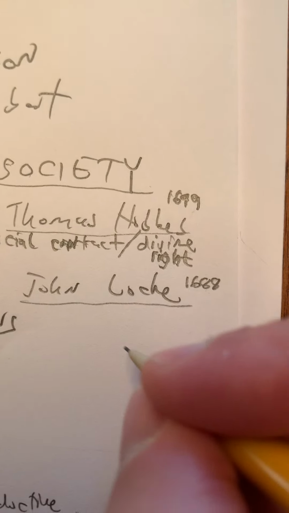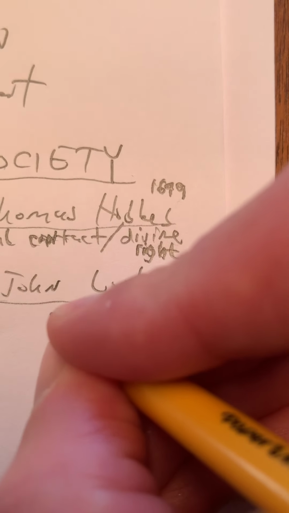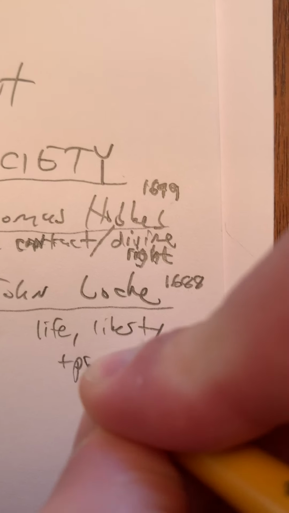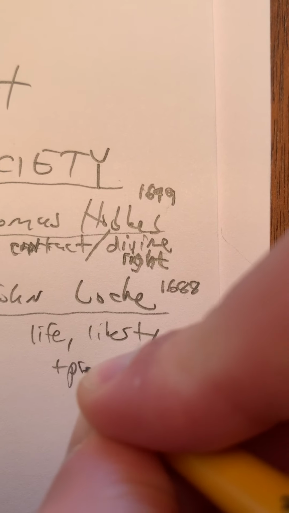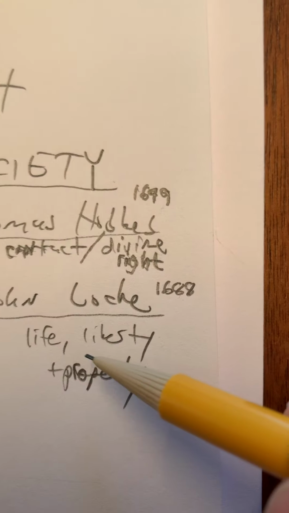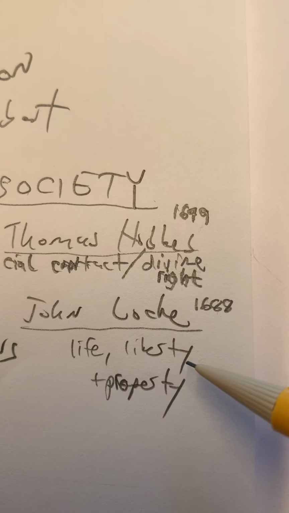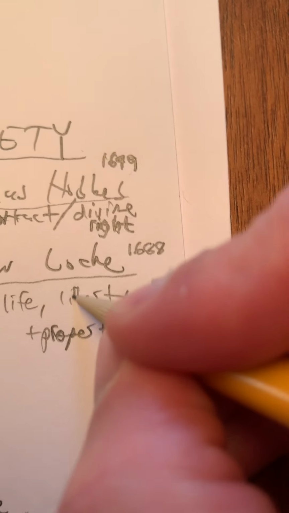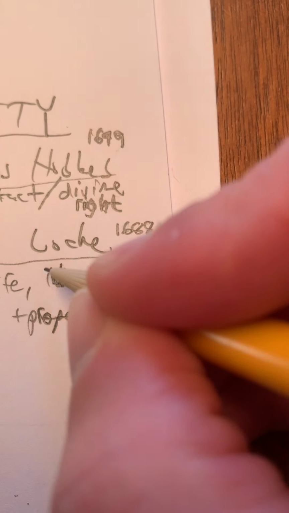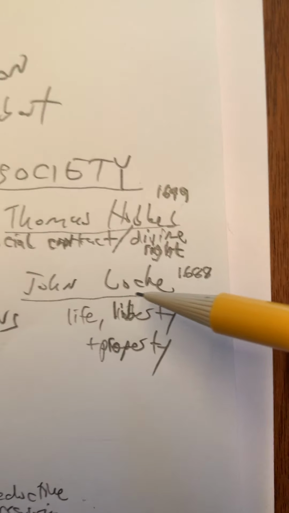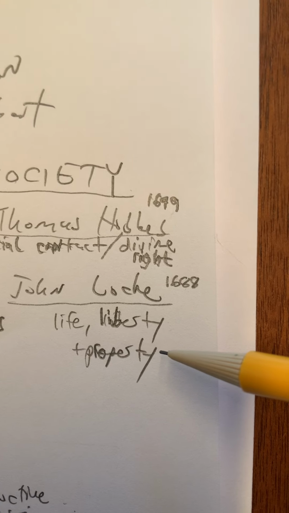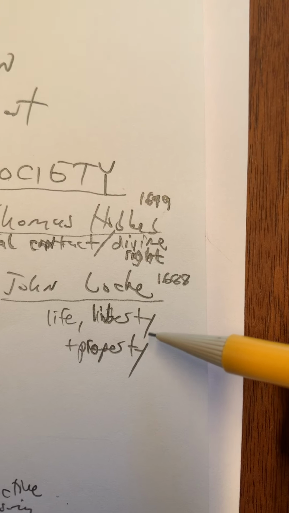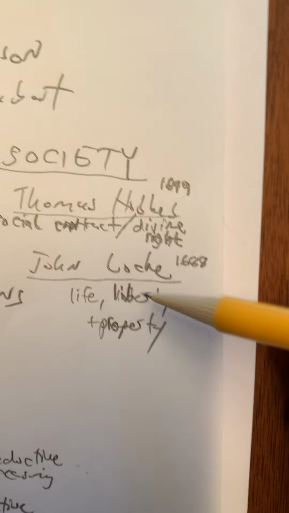And he argued for many things. The thing that we remember is life, liberty, and property. He argues mostly that people have a right to life and liberty and property, and the government cannot take this away without due cause. Of course, during this time, he's not arguing that all people deserve life, liberty, and property. He's really saying that white men who are wealthy, who have property, deserve rights to life and liberty.